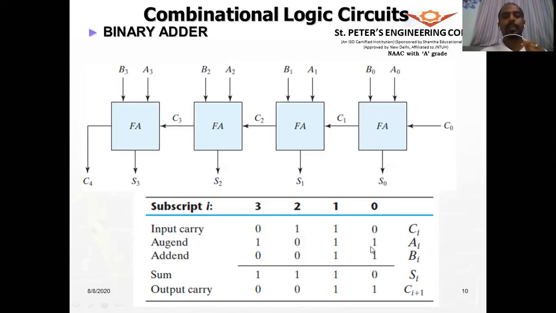So the number getting added to another number. Suppose this is what we are considering. Okay. So if you are going to add these two, then whether the carry input from the previous stage was 1 or 0 is what we are going to consider and add. Okay, so suppose we are adding these two numbers, 1011 and 0011. So these are the two numbers we are adding. So what is this 1011 in decimal value? This will be 9, right?